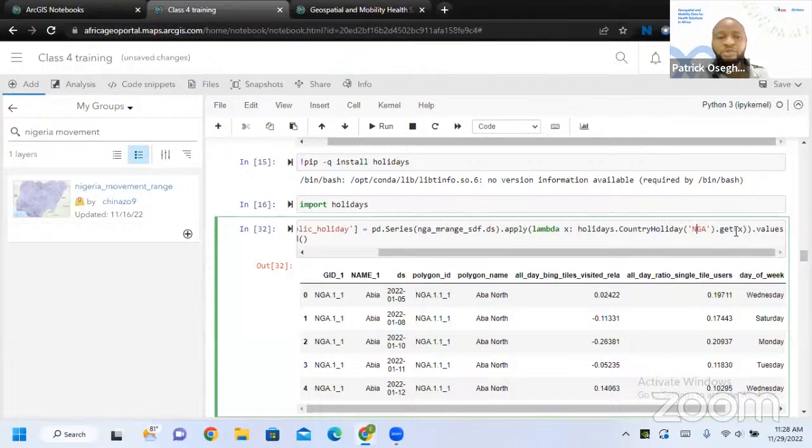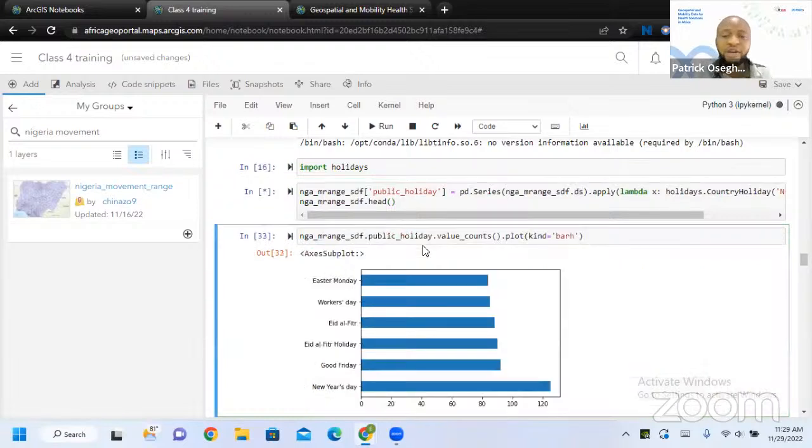So it is the get. I'll share this notebook with you. You also have to practice with it. There are the values. These are the values I'm bringing in, and mind you, I'm using the date column. If I'm not using the date column, it won't work. So the date column must be formatted as a date. I believe you know how to do the formatting. If it happens that it is a string, you just do the formatting to a date.